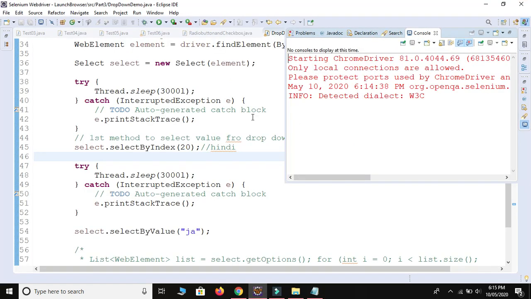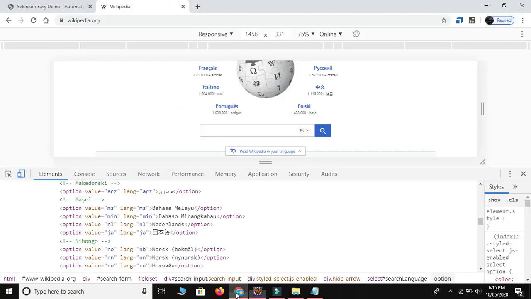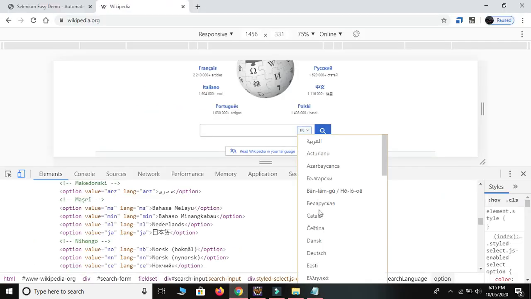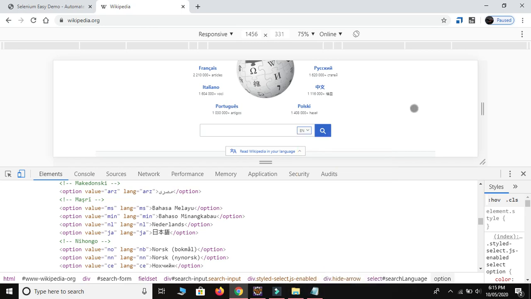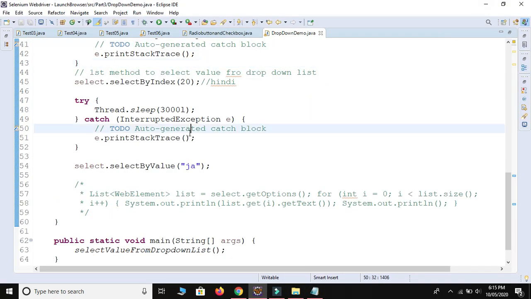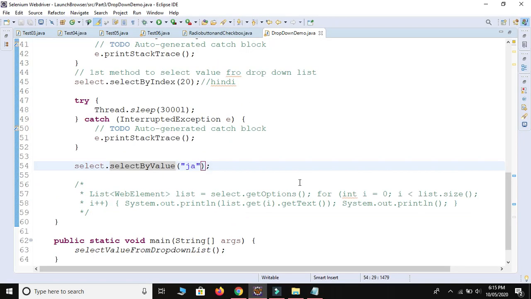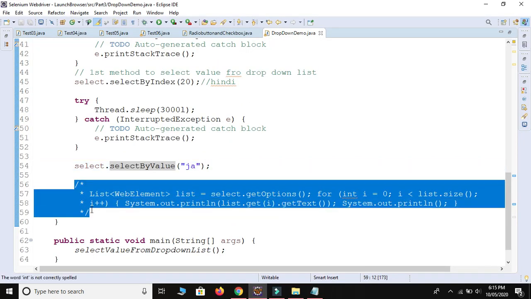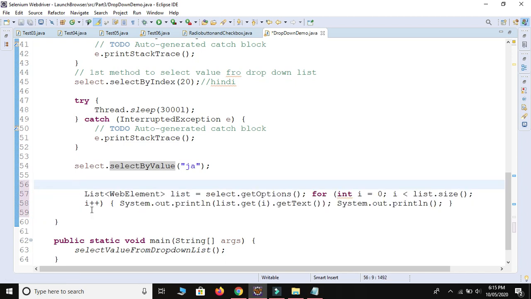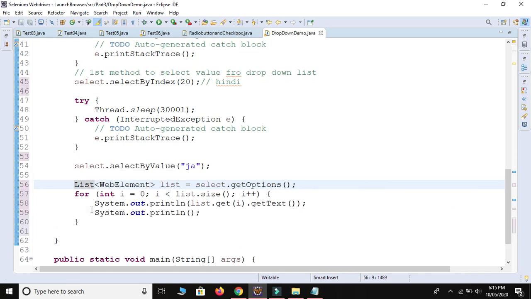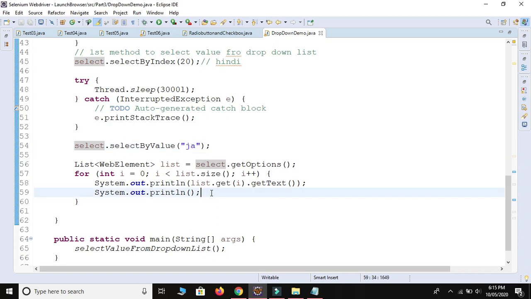So this is the example of how to select from a drop down when you get options in different languages. Select by index is the best approach, or select by value is also a best approach, because each and every option contains this attribute compulsorily, value is equal to anything. Now I will take all the list, Control Shift F, Control Save. I will take all the sub elements from the drop down and print them on the screen. So let me save and run.